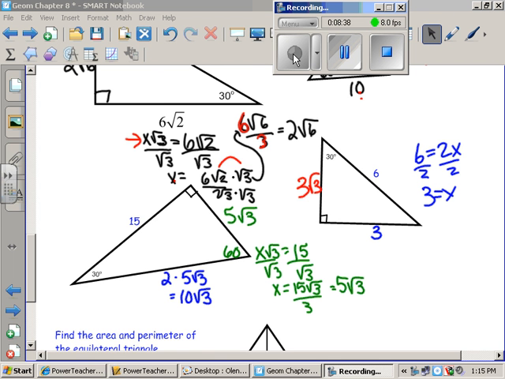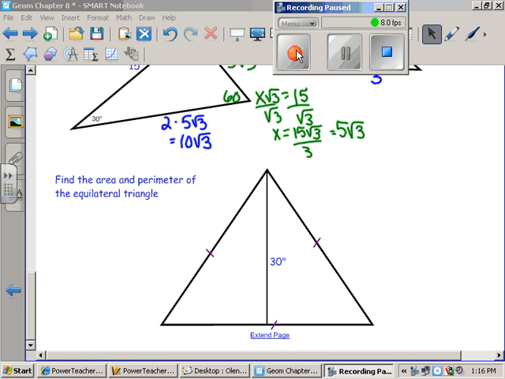Okay, so we got 5 square root of 3 for the side across from 30 on this left-hand triangle, and 10 square root of 3 for the hypotenuse. And on the right-hand side triangle, we've got 3 as the side across from 30, and 3 square root of 3 for the side across from 60. Okay, and then finally, this is kind of useful if we put it together with some of the stuff we know,